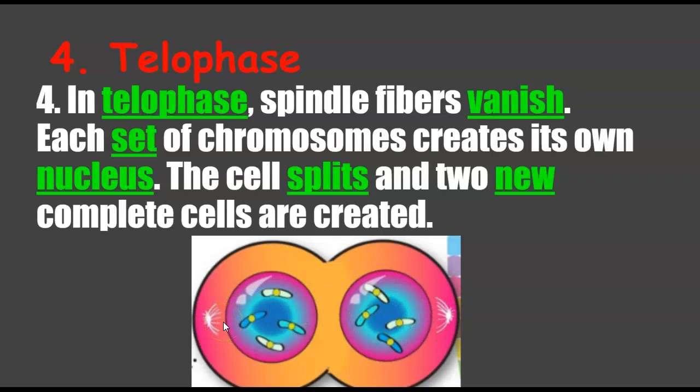They're still there, but those spindly fibers coming off of them are gone. And each set of the chromosomes now forms its own nucleus. Because remember, they started off and they doubled themselves so that now they could be split up. And it creates an exact copy of the parent. And it's now making a nucleus, and the cell actually splits into two new separate cells, which are basically copies